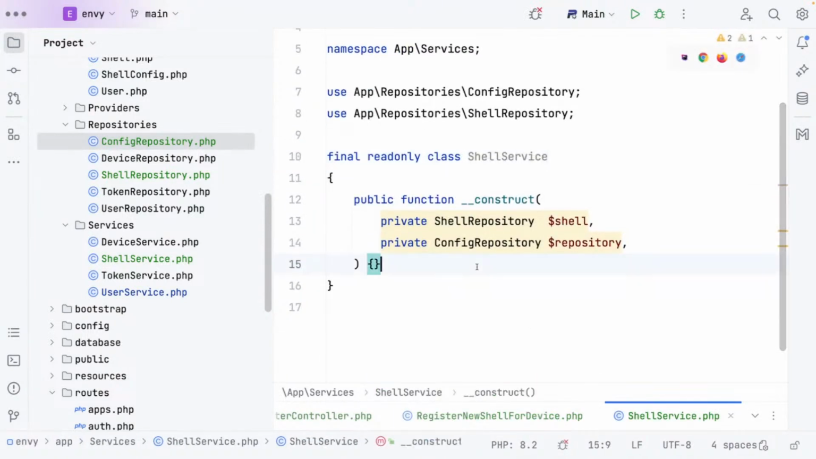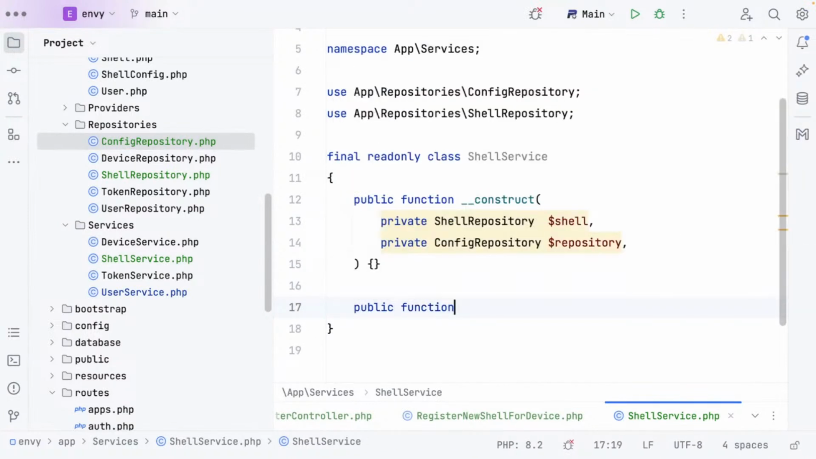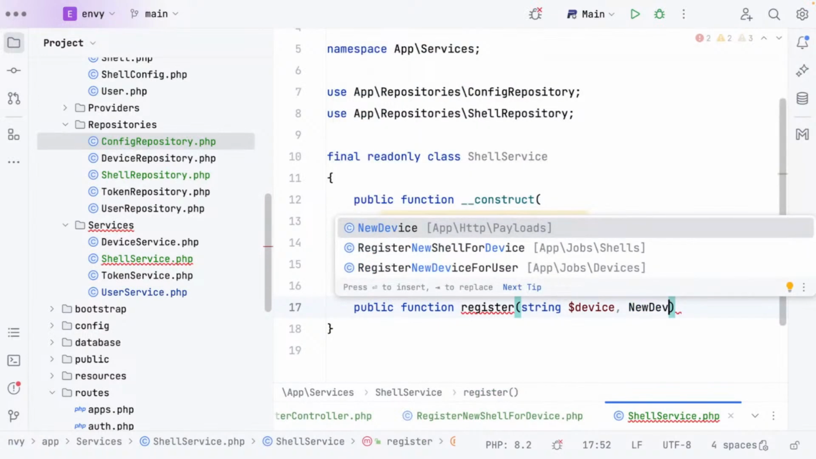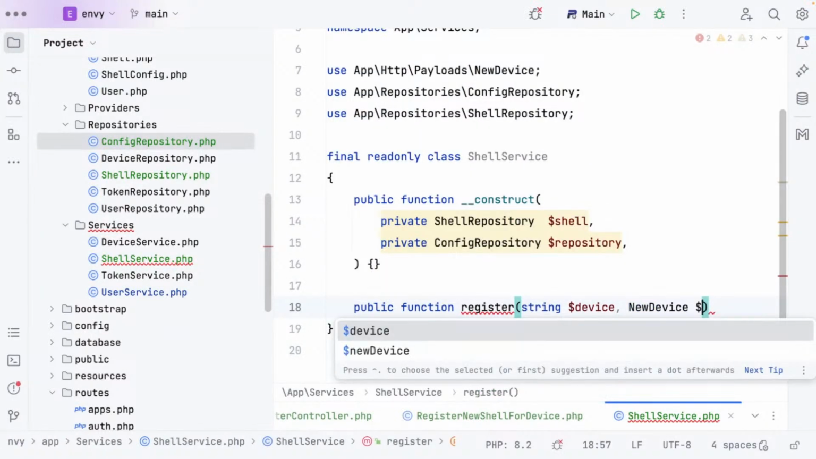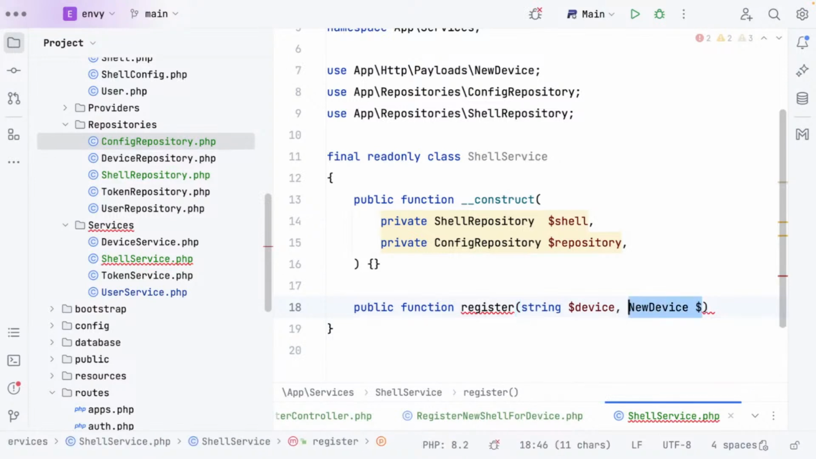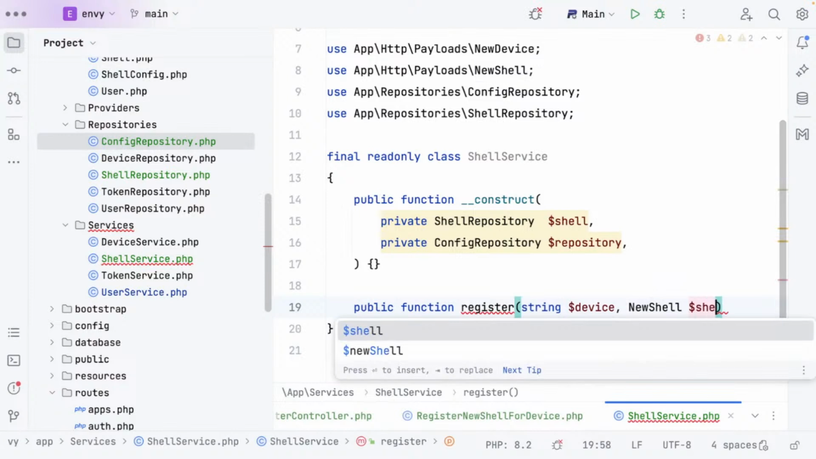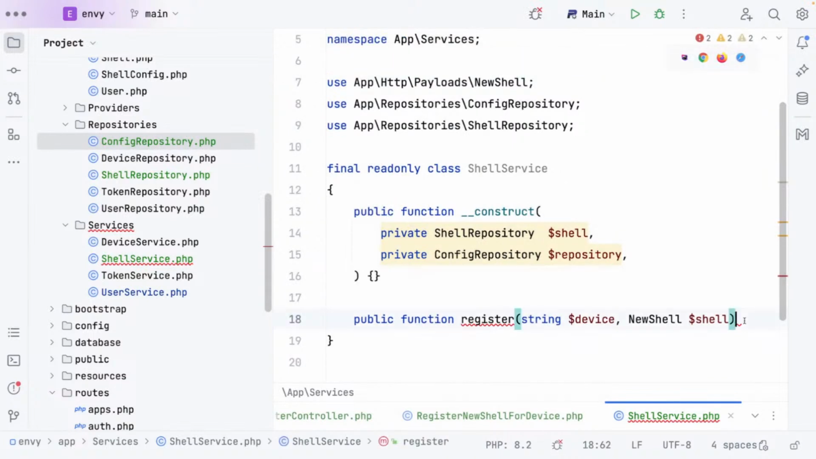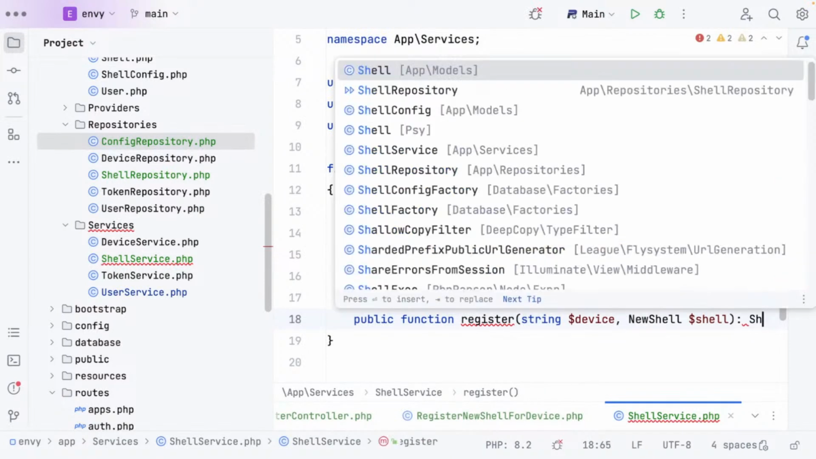So this shell service, we want to register a new one. So public function register. We're going to want a few things. We're going to want a string for the user. No, device. Got that one again. And then we're going to want the new device. No, new shell. Sorry, again. One of those days, I think. All right, so I can draw up that. I don't need that. And that will return a shell config,